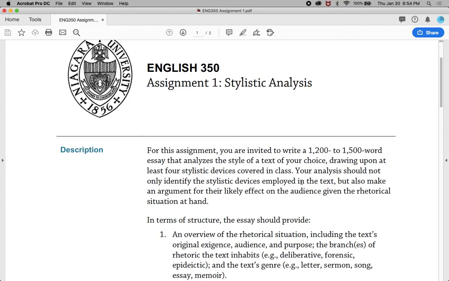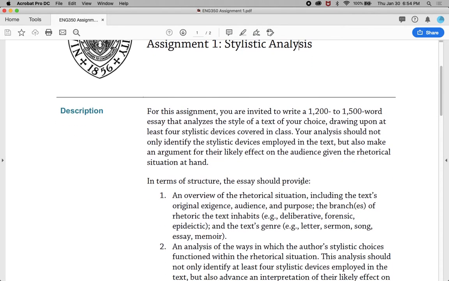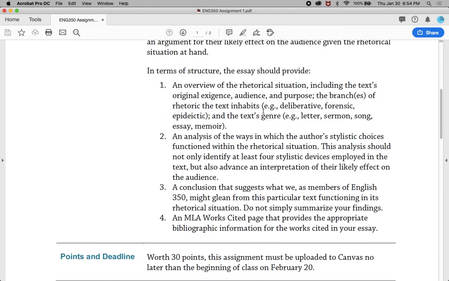You might find a particularly powerful and persuasive essay or speech, or a piece of writing that's simply really beautiful. And look at it from a stylistic point of view and see what that analysis can uncover. So when you write your analysis, though, you'll see from the assignment sheet that there are